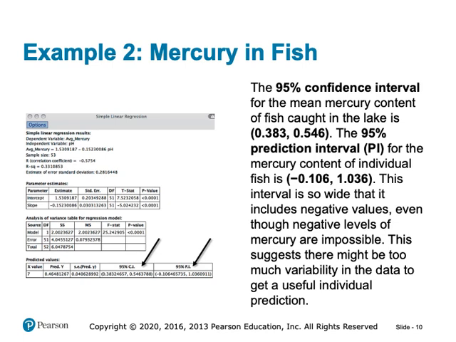This example illustrates the importance of considering the context and the type of prediction you're making when interpreting statistical intervals. While the confidence interval gives a reasonably precise estimate of the average mercury content in fish, the prediction interval highlights the challenges and limitations when making predictions about individual fish due to greater variability. As we proceed, we will discuss strategies to address such variability and how to interpret these intervals in the context of your specific data and research questions.